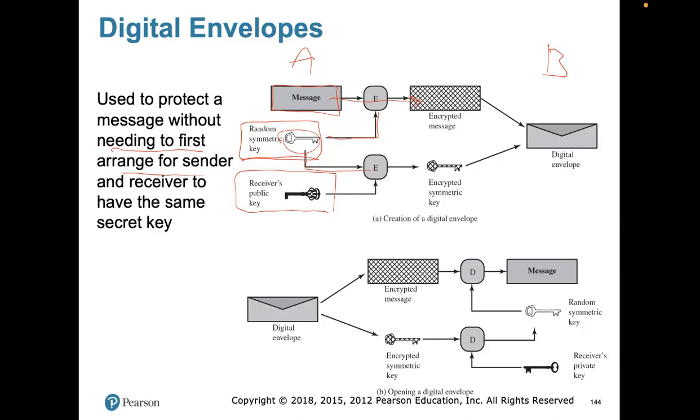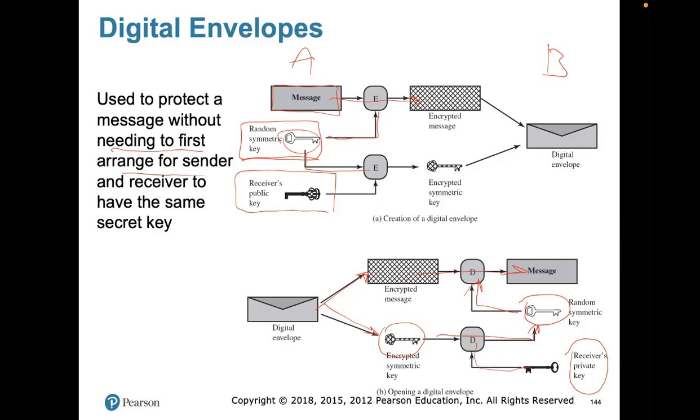Bob performs something like this. First, he extracts the message, but he needs a key for that message. The key is a part of the message, but the key is encrypted. So Bob uses his own private key in order to decrypt and get the actual key. And once Bob gets the actual key, now he can decrypt the message and get the plain text. And this way, they communicate without needing to